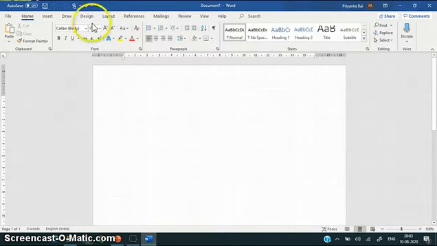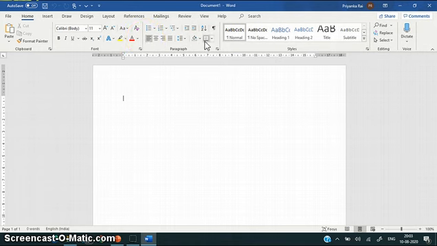This is called the quick access toolbar. Then this is the window control button. You can minimize the window, you can resize the window, or you can close the window using the window control button. Then this is called the ribbon.